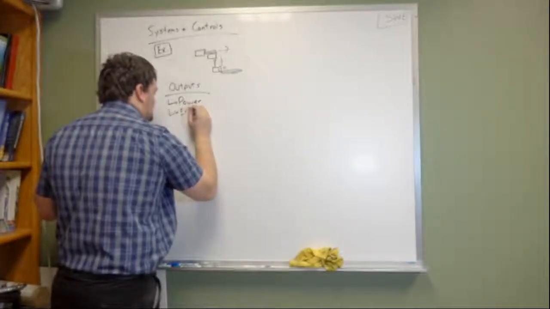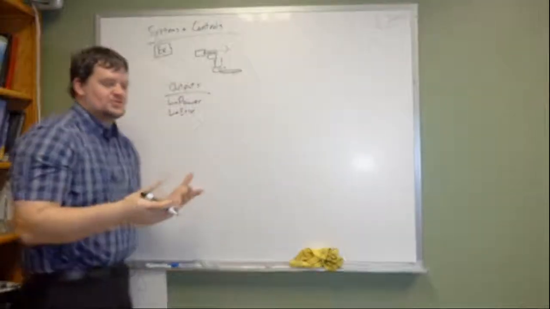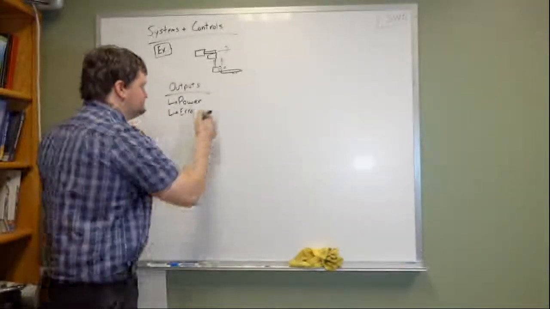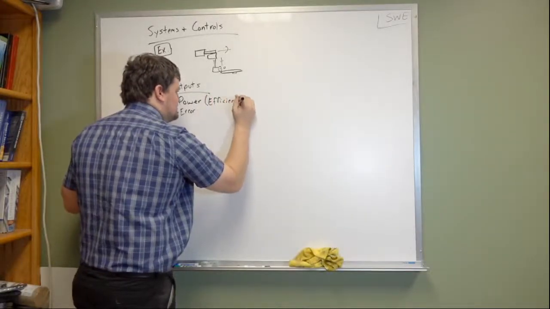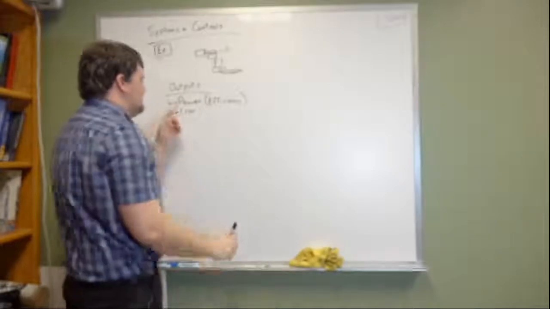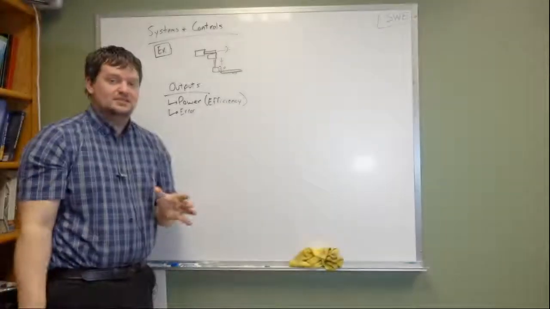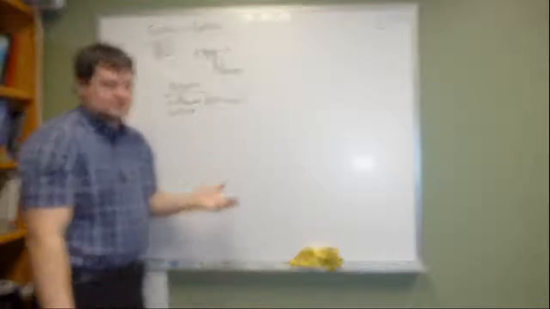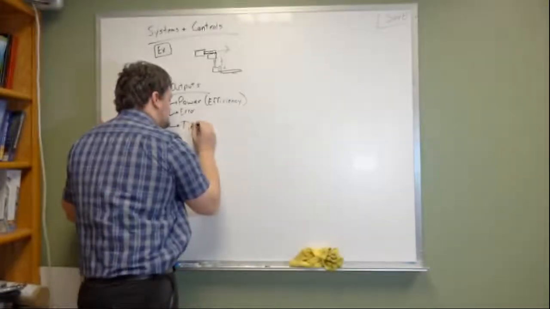The topics that we talked about yesterday, we also talked about efficiency, but we also talked about error. Efficiency has to do with where the power is going, how the power is transmitting. I'll include that up here. Because if you want all of your power to go into mechanical, but some of that power is going into heat, you're going to have a lower efficiency. You do have an error calculation that's coming out here. You do have time functions,